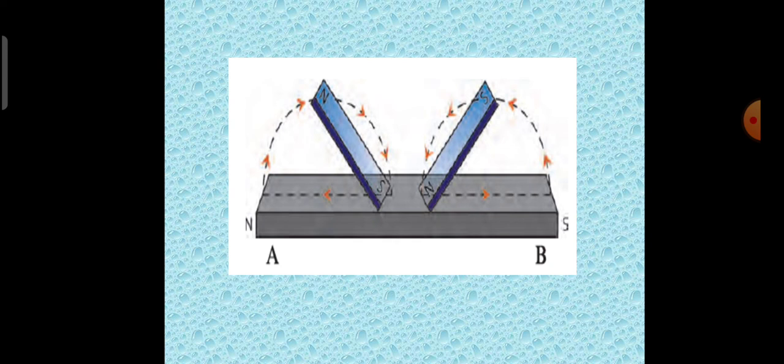Now, take the steel bar near iron filings and observe. Hang the steel bar freely and again observe. So you find that iron filings are attracted to the steel bar and the steel bar hangs freely in the north-south direction. This method of magnetization is called the double touch method because here you are using two bar magnets and two opposite poles are being used. The magnetism generated by this method lasts longer as compared to that generated by the single touch method.